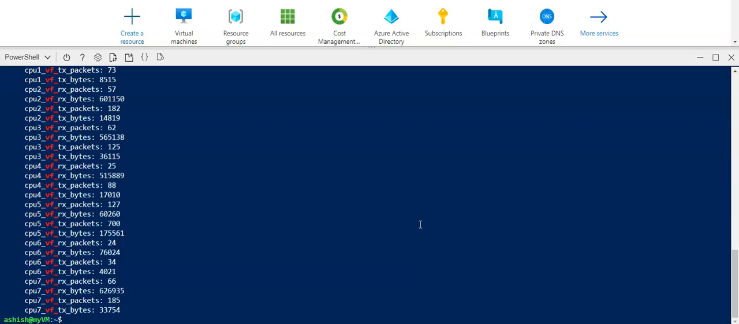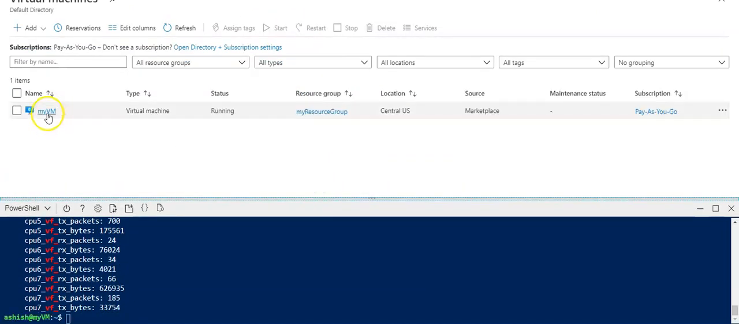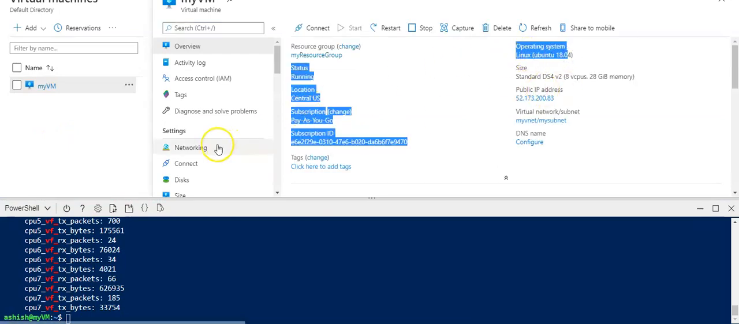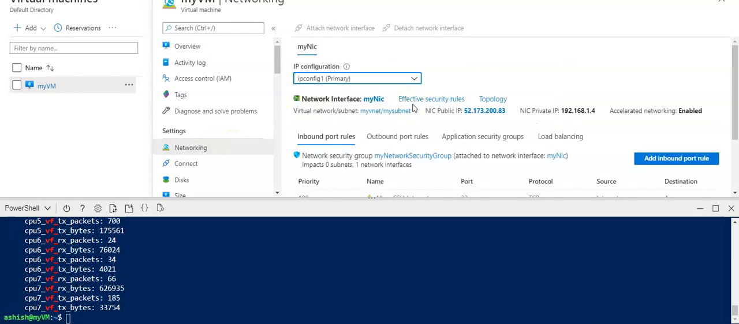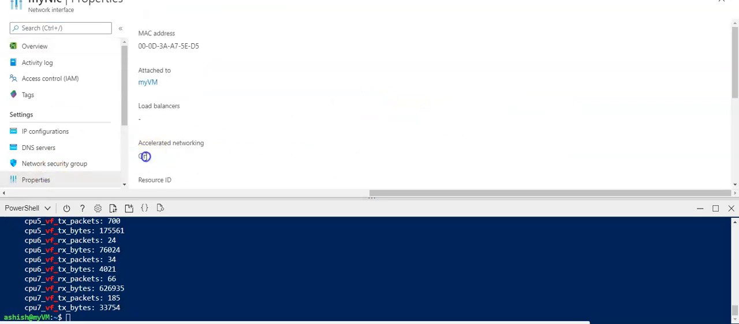And as I told you, you can enable individual accelerated networking on the NIC when you stop and deallocate the VM. So if I want to turn off the accelerated networking on this VM, what I would do, so if you go to this VM here, this is my VM, this is the Linux virtual machine, Linux Ubuntu here, right? So if I go to networking, if I go to the NIC of this VM, if I go to the properties,